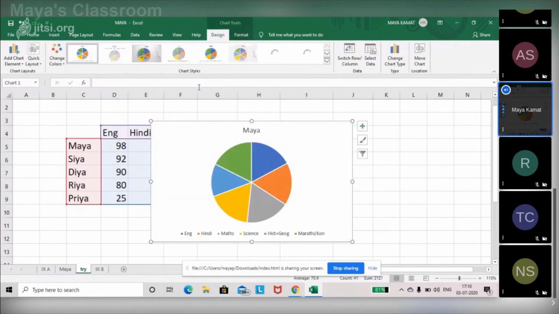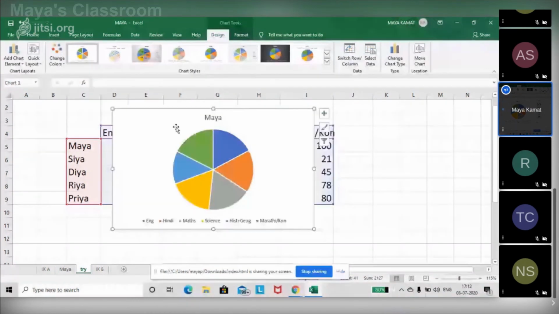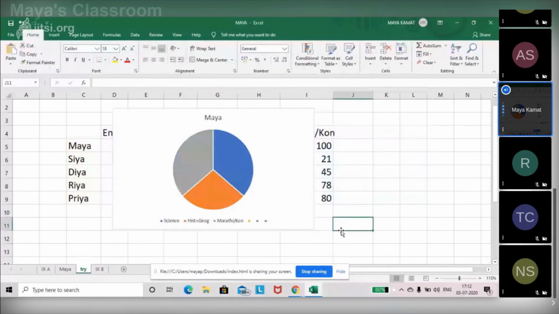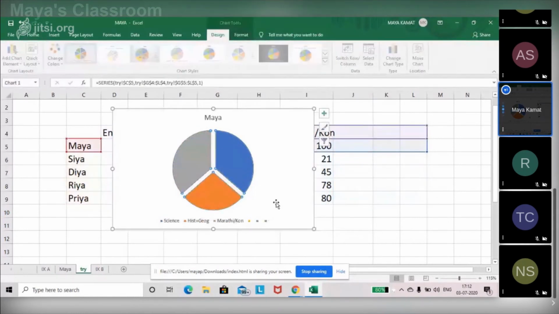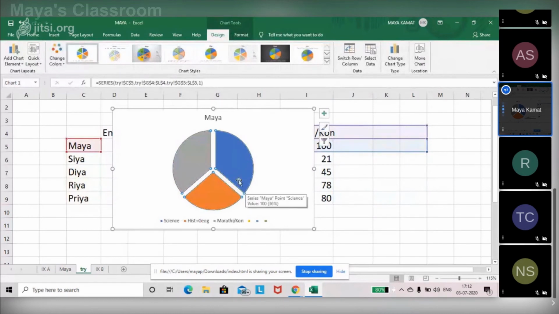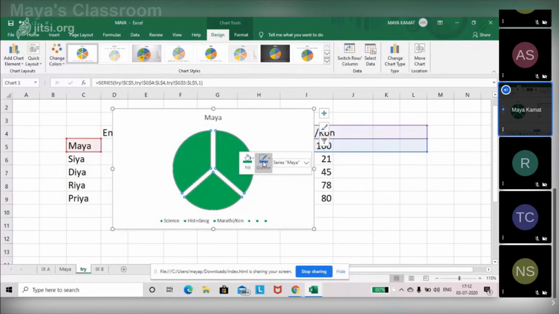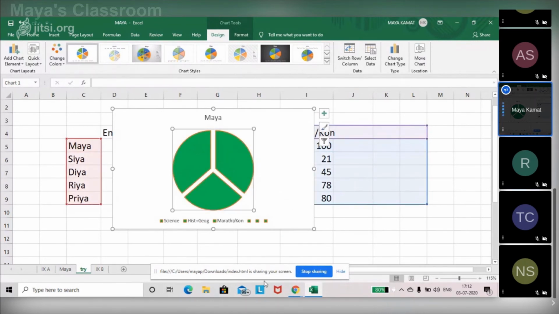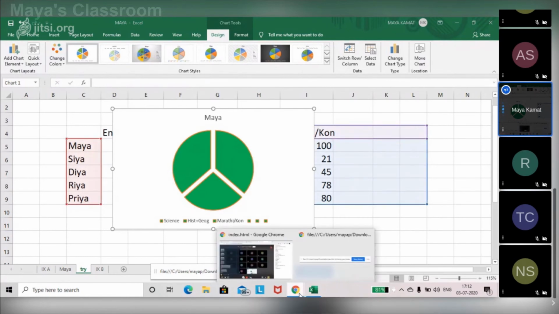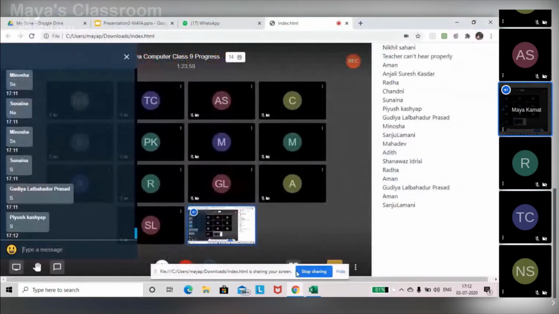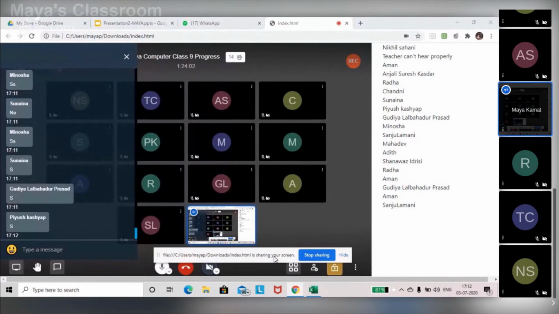Can you all see this pie chart coming up? Depending on the data that you select, it will show you the chart. You could then make changes. If you want to change the color, you could change the fill of the color. If you want outline, you could give outline to your chart. Fine. Now, depending upon what sort of data you have, you have to select the chart. You cannot just go on adding any type of chart in your list. Okay.